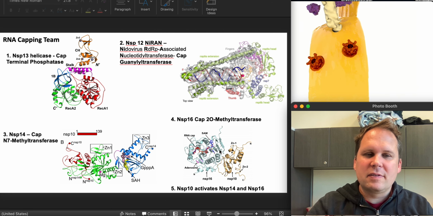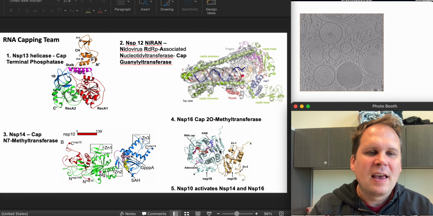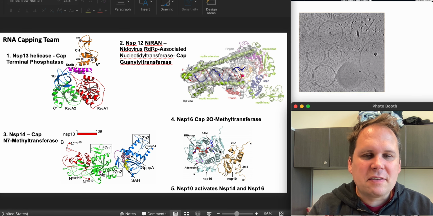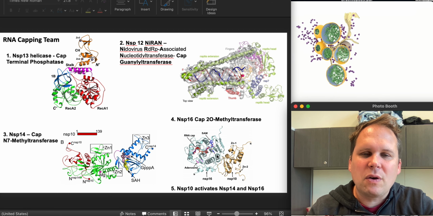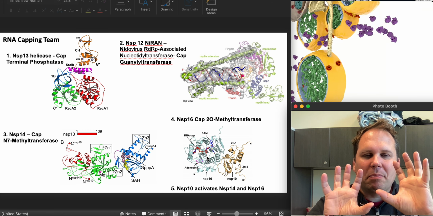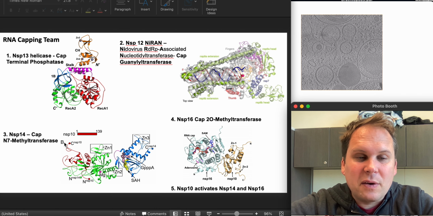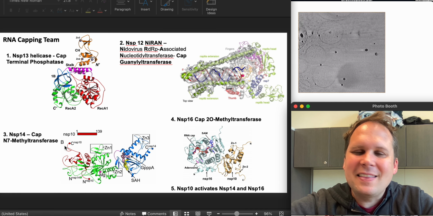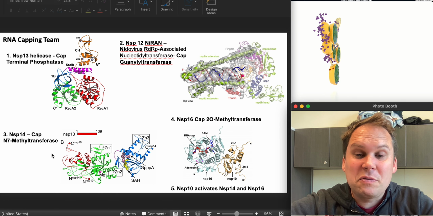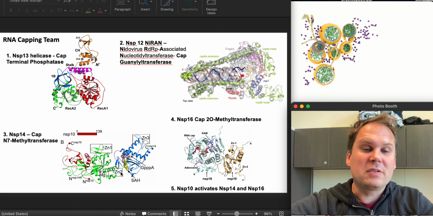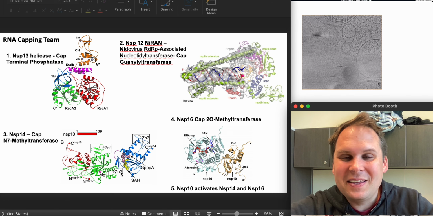Now, for NSP14 and NSP16. So for our step 1 methyltransferase and step 2 methyltransferase, or N7 and 2O methyltransferase, they both require a little protein called NSP10. And so you can see this sort of gold thing at the side. That is NSP10, and it's holding on to this to hold it in the right shape so that NSP16 can do its job. And if you look at the end of this red thing, or if red is not a thing for you, this thing that's at the end, that is also an NSP10 protein. And it is required for all of NSP14 to actually function as well. So yeah, NSP10, pretty useful, pretty useful.